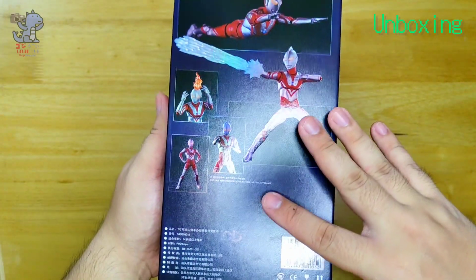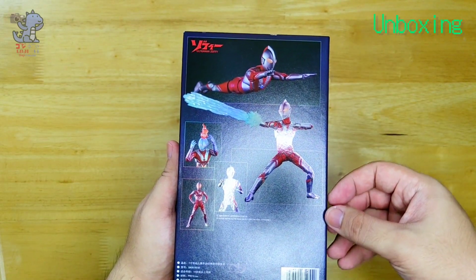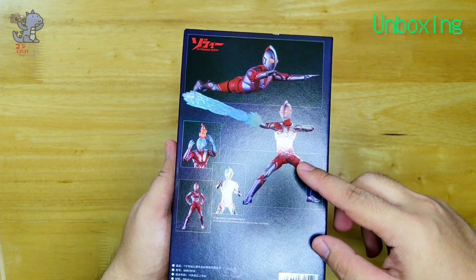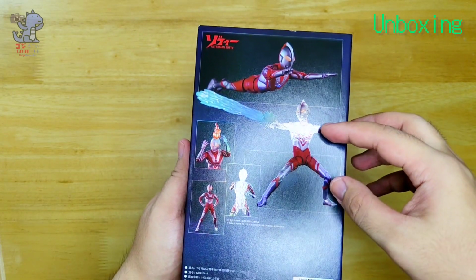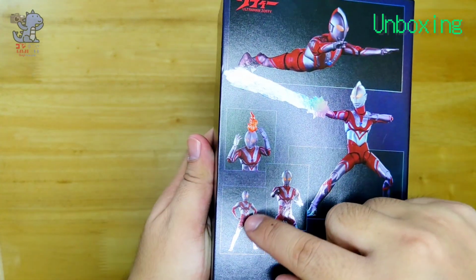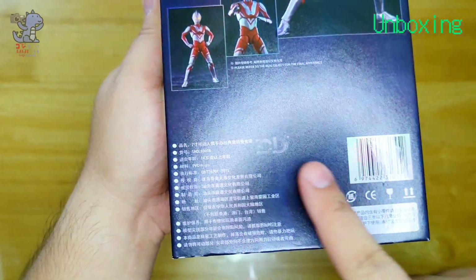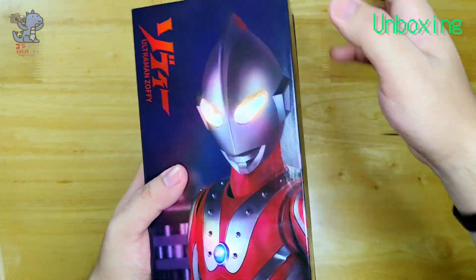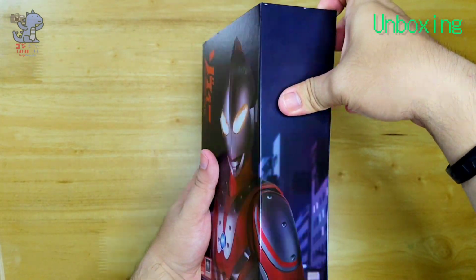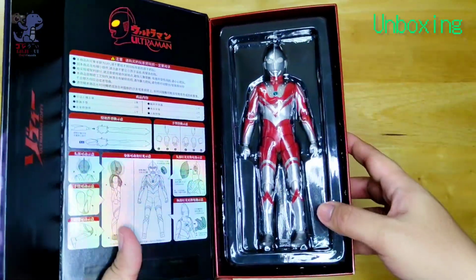At the back, we can see some action poses of the figure, like the flying pose. There's, I forgot the name, the M87 Beam or something like that. There's the one with the head on fire, some neutral poses, and some legal mumbo jumbo over here. This box is really nice because it has a magnetic flap to it, and if you open it, it opens up very similarly to a